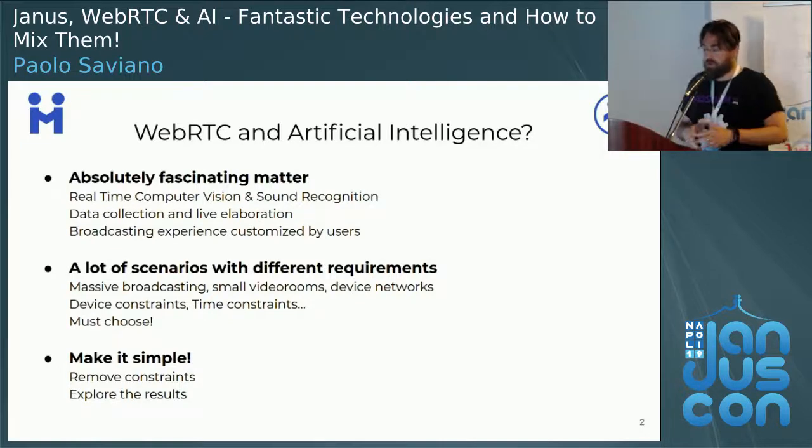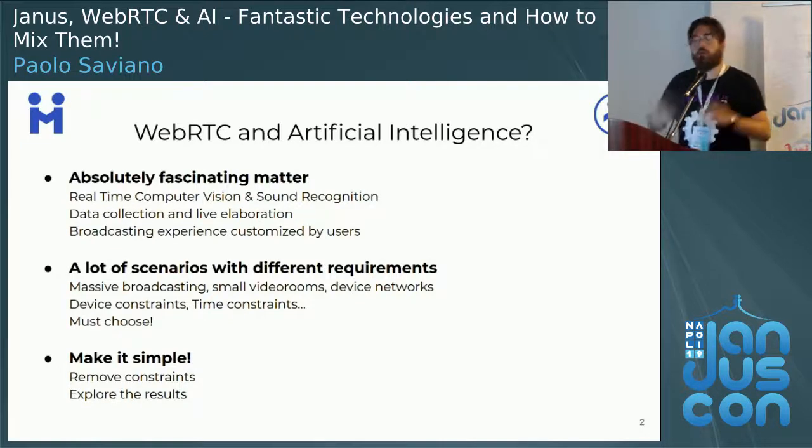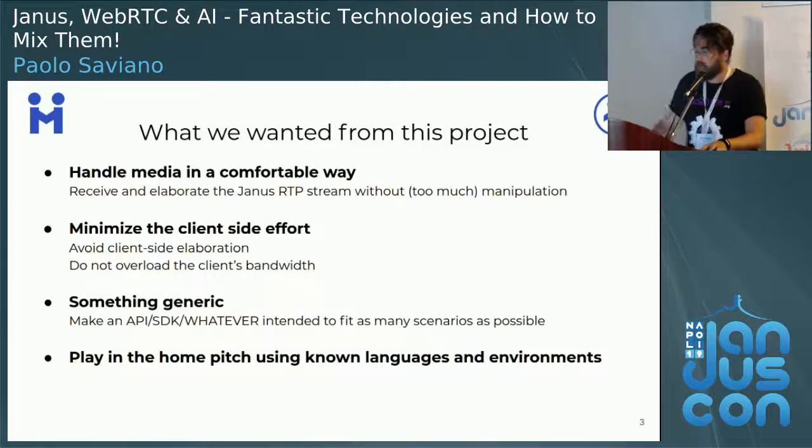We don't want to put in place all these aspects from the beginning, so we relaxed all the time constraints and hardware boundaries in order to explore the results and acquire some experience of this new field that is new for us. Okay, let me be clearer about our requirements.